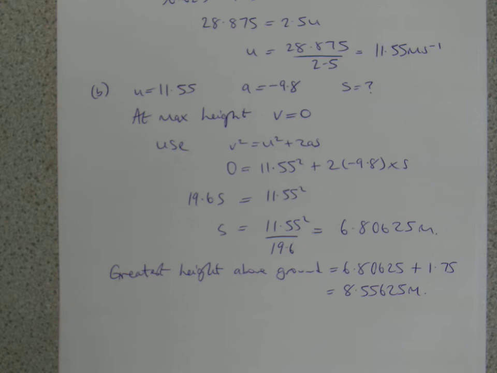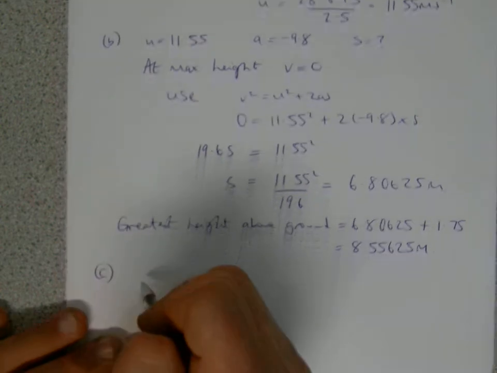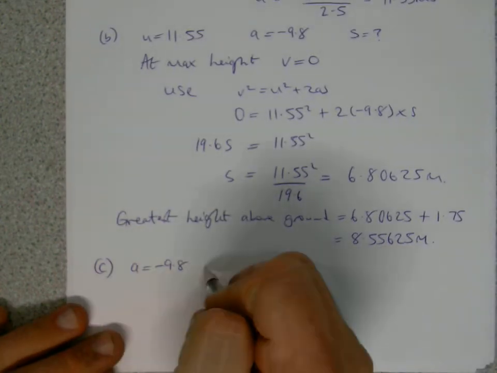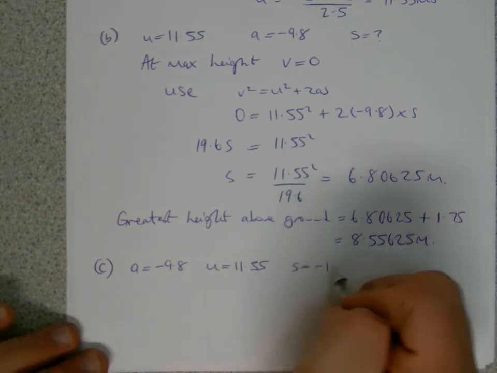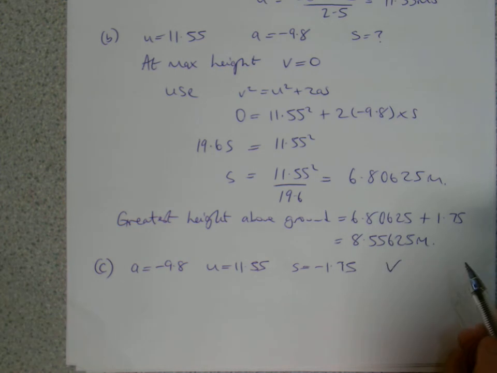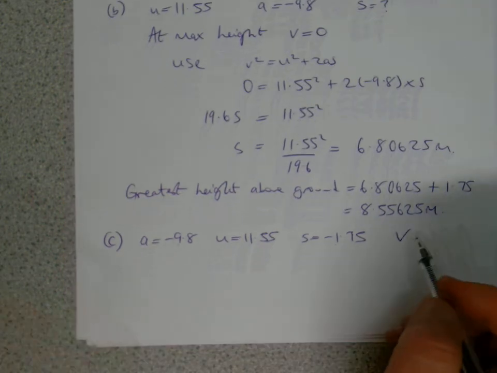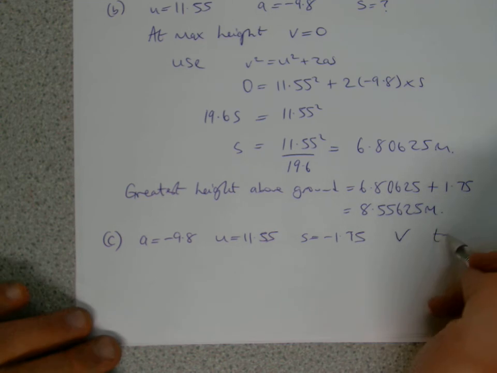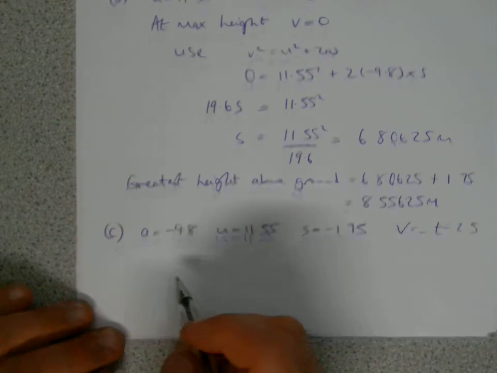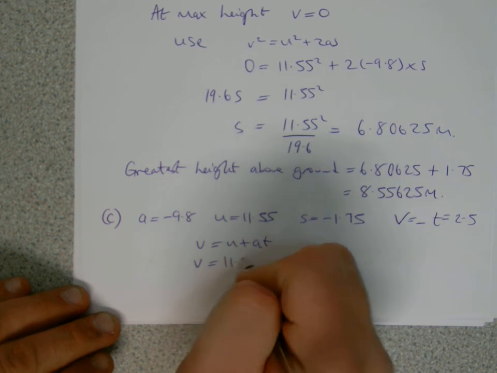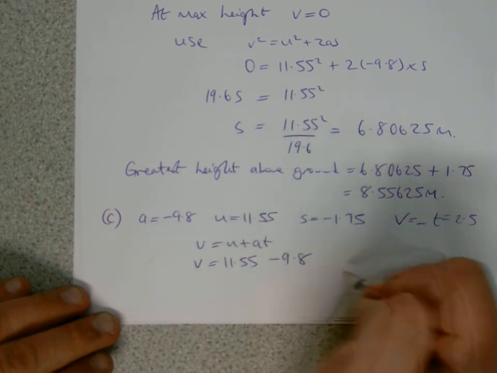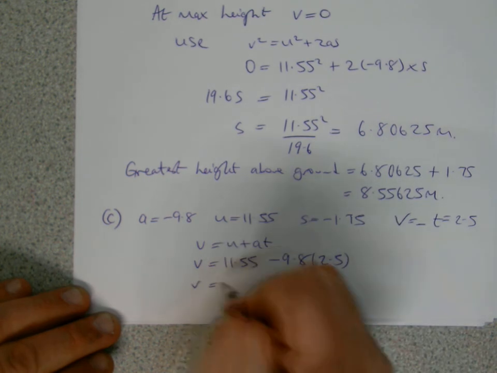Part C then, calculate the speed of the ball as it hits the ground. So as it hits the ground, let's remember a is minus 9.8 because upwards is positive, u is 11.55. Let's write down what we know. s will be minus 1.75, and we want v, so I think there's enough there to work out v. Do we know the time? We knew the time to be 2.5, so we could even use that, might be an easier one to use. So we'll do v equals u plus at. So v will be 11.55 minus 9.8 times time, which is 2.5,